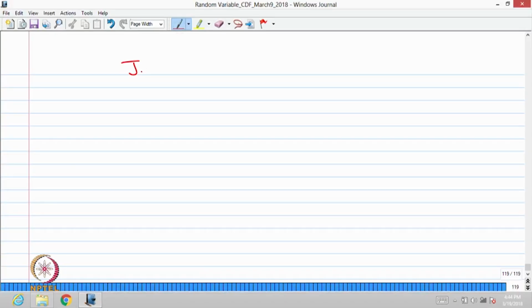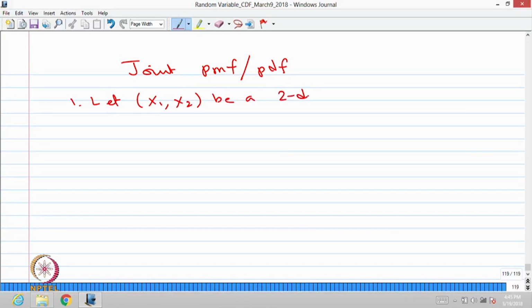Now we will move into joint probability mass function and joint probability density function of n-dimensional random variables or random vector of size n. Let me start with the joint probability mass function. Let me start with the two dimensional, that is easy. Let x1 comma x2 be a two dimensional